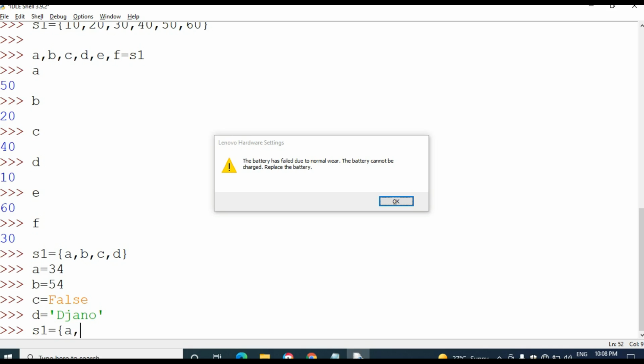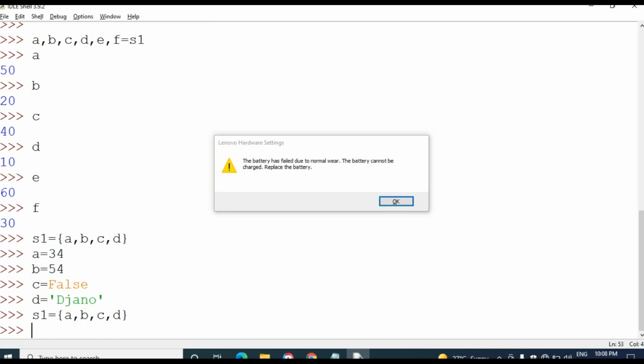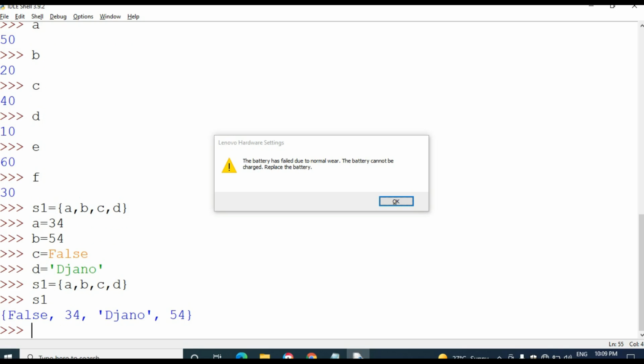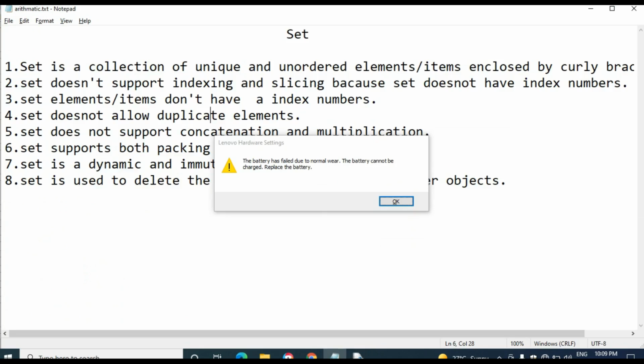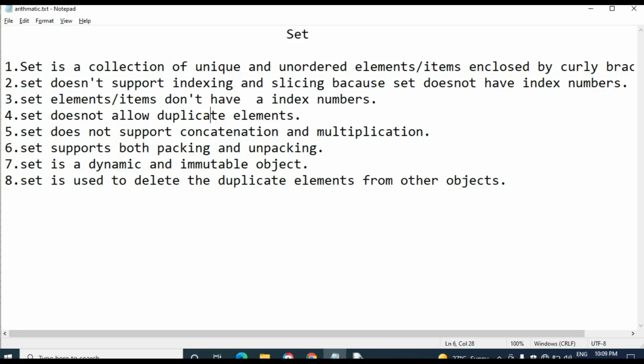So S1, I am going to pack the set elements. Curly bracket A, B, C, D, so only 4 elements. Then I am going to print the elements. We have packed the set of elements. So the set supports both packing and unpacking.